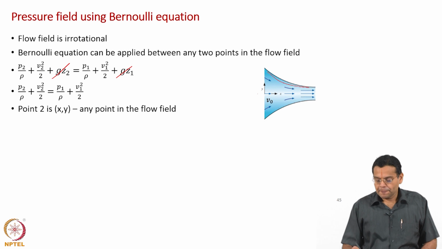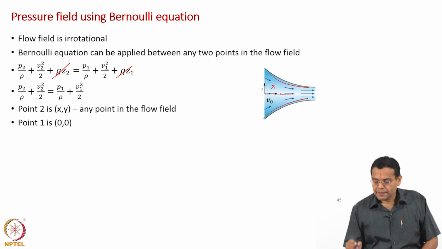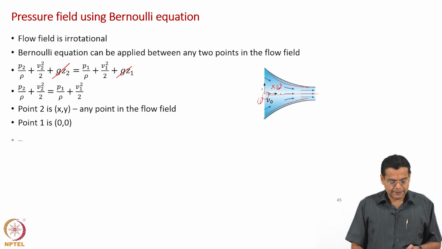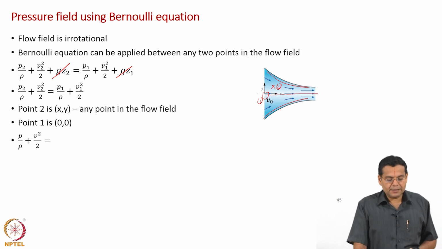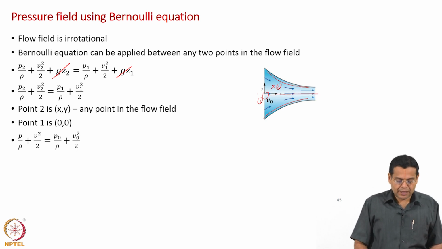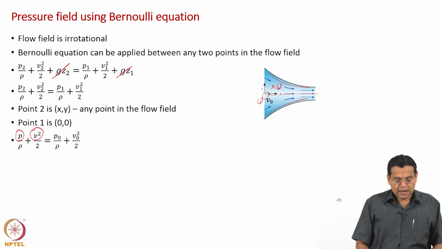Okay. We have the flow field like this, any point is considered as x comma y, and point 1 is 0 comma 0. We had a central line, and this we will consider as point 1, this as point 2. So, we will change the nomenclature in the previous equation. Instead of P 2 I write P. So, I have P by rho, and then instead of V 2 I write as V. So, I have V squared by 2. So, remember these are functions of x comma y, and right hand side I have P naught which is a constant value, given value at x equal to 0, y equal to 0.